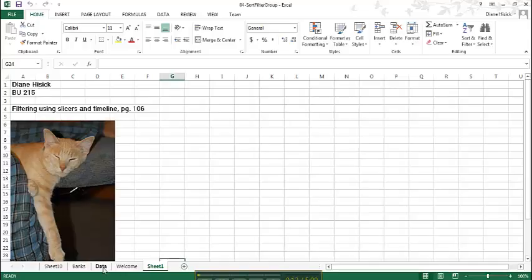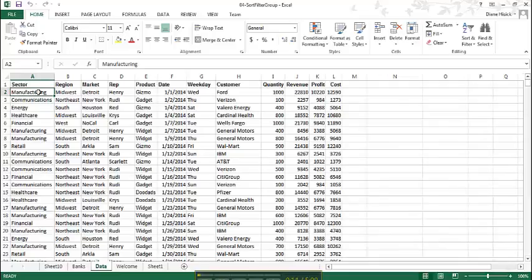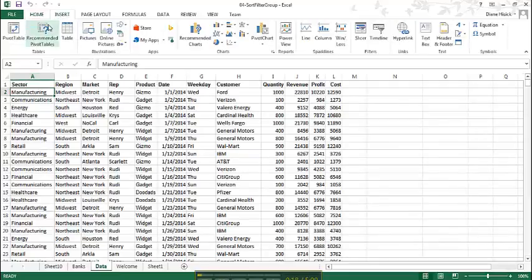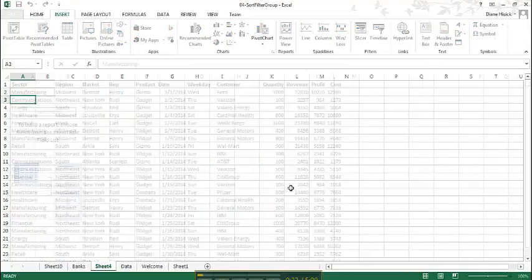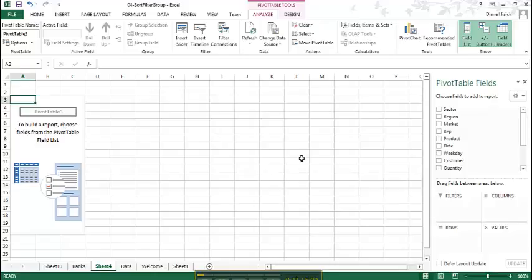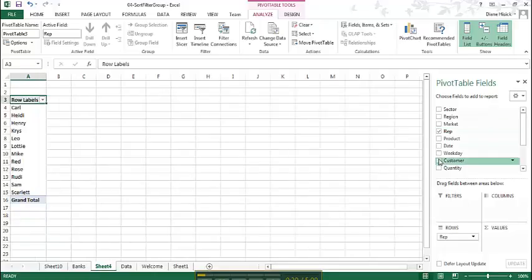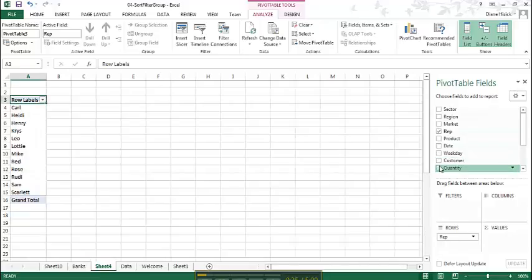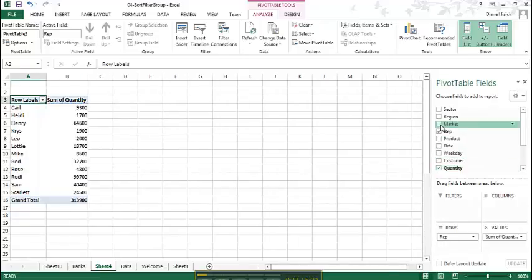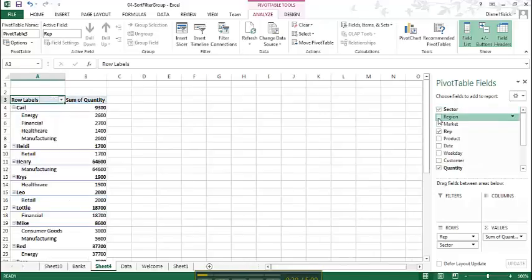I will start off by creating my pivot table, selecting a cell within the data, going to Insert, Pivot Table, checking to make sure my range is correct, and clicking OK. Then I will select some fields to create the pivot table. I'm going to select Rep, Customer, oh no, I don't want customer, I want quantity, and let's see, sector,